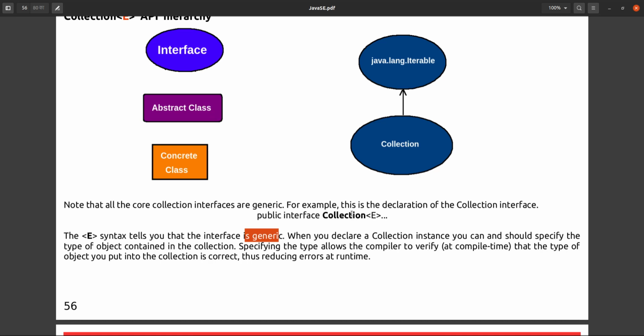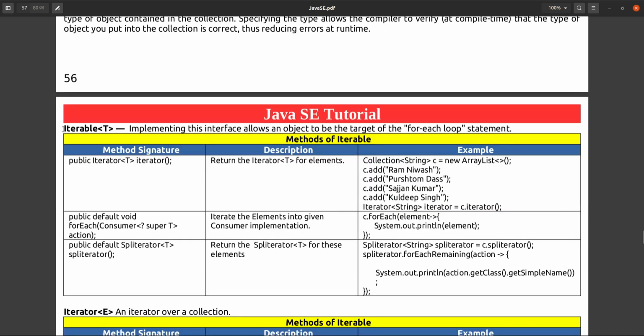Generics will allow you to store any elements, and the type check is done at compile time, called generics. You can see the last session and watch that complete session. We have defined what generics is there. Okay, so this collection is generic, and in this Iterable these three methods are there.